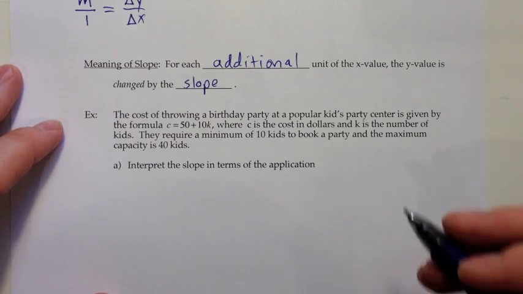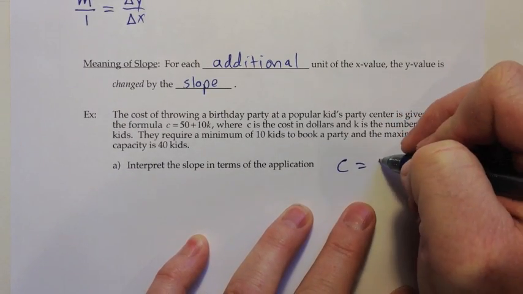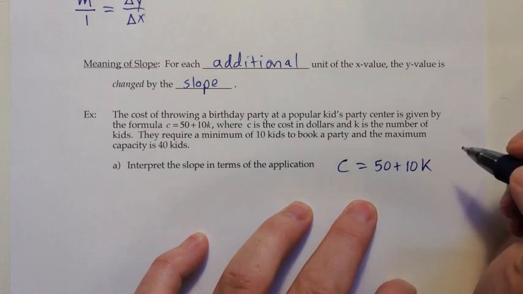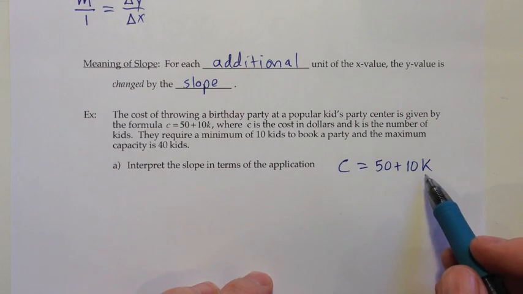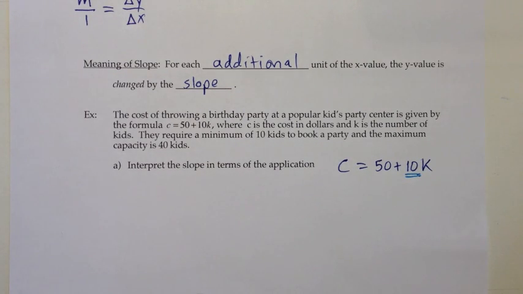So the first thing we need to do is figure out which one is the slope. So if I just copy that equation down, C equals 50 plus 10K, then what we want to look for is, on the input variable, what is the coefficient? And our input variable here is the number of kids, and its coefficient is 10. So it looks like our slope is 10. And normally,